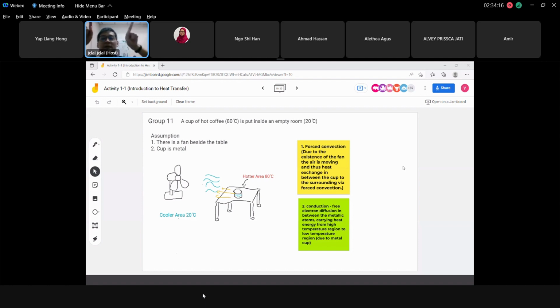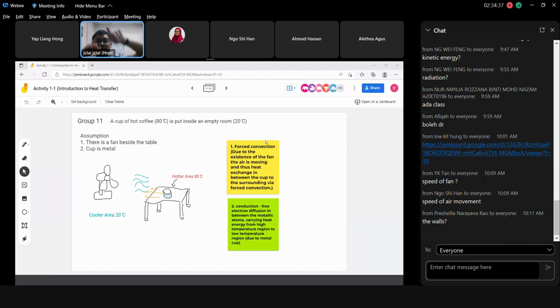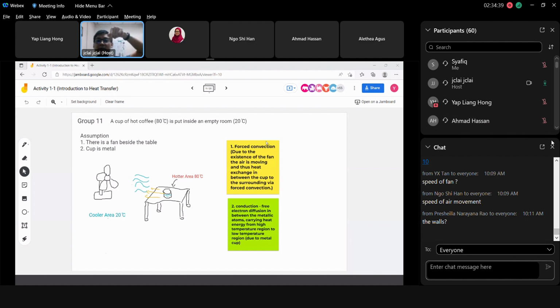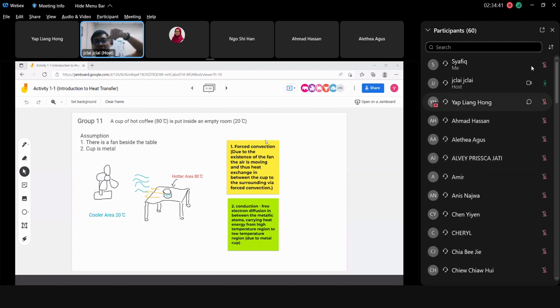Then when you first determine the reference points, after that you determine how many layers of resistance exist between the two reference points. Just now, with the cup, let's say we refer to the coffee in the cup as the first point. The second point is the outer wall,